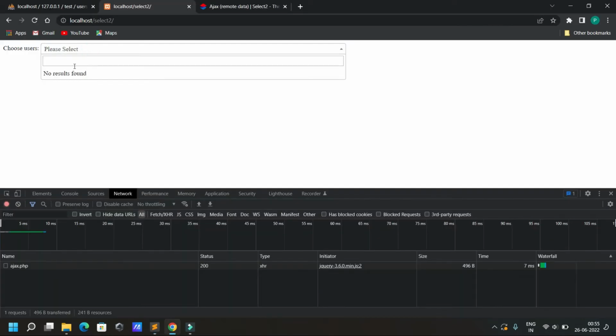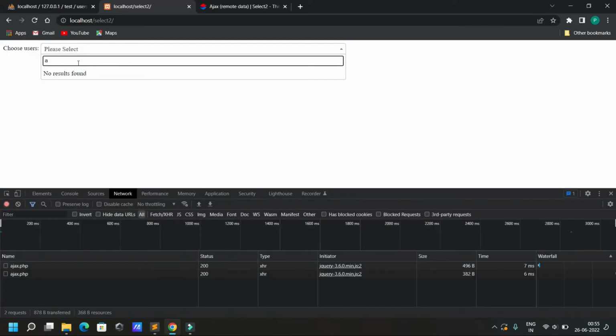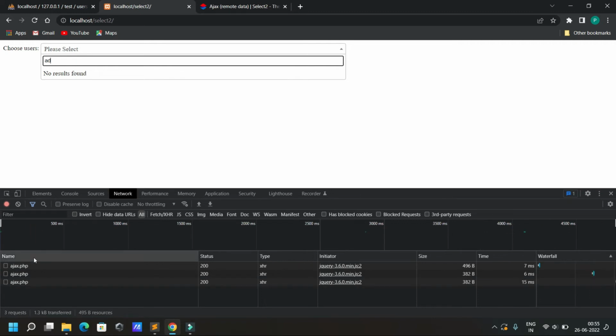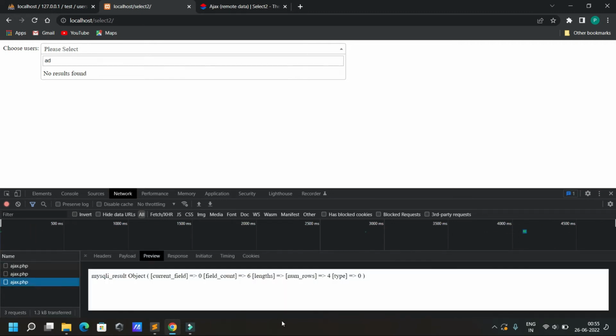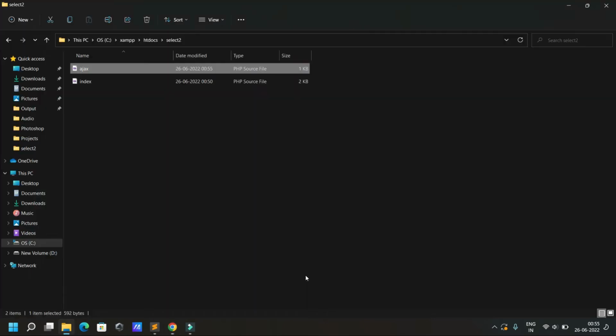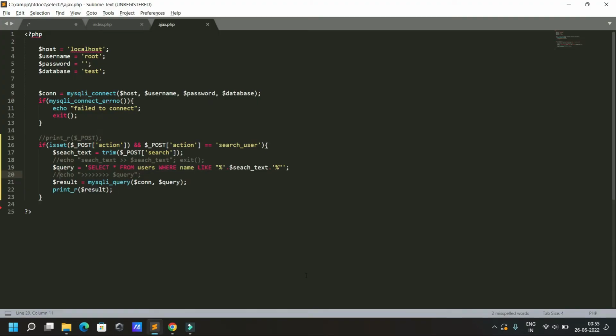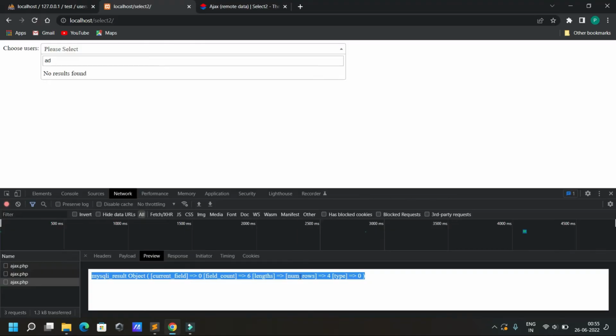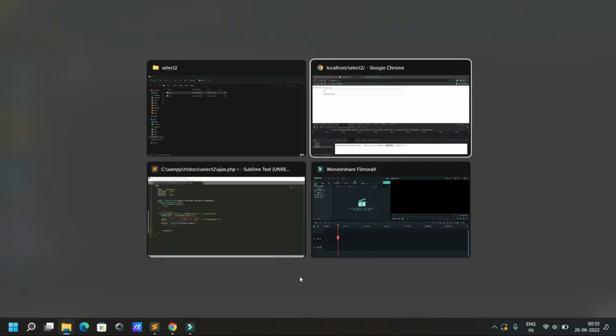Try searching with some other text, like AT. Now I have got 4 results. Now I have to return the result in an array format. If $result num rows,